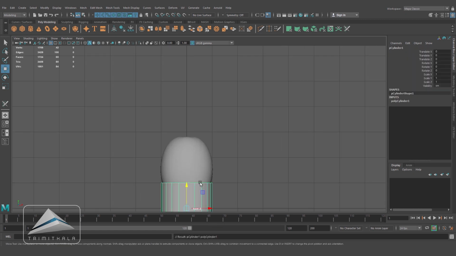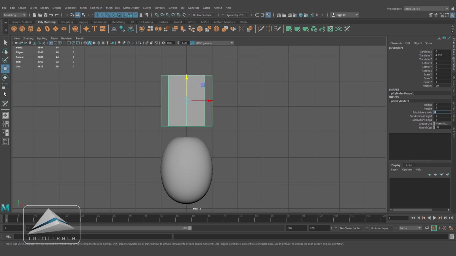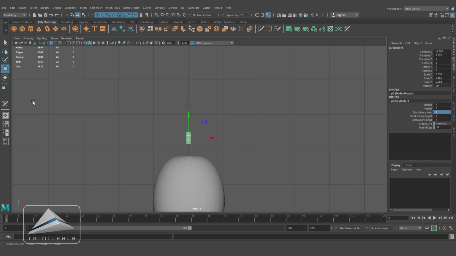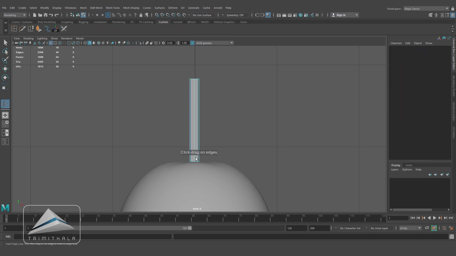Now let's take a cylinder, and I'm going to create the stem. Let's make the subdivision 8 and scale it down, scale it up in the Y-axis. Let's insert a few edge loops, and I will change the shape a little bit.